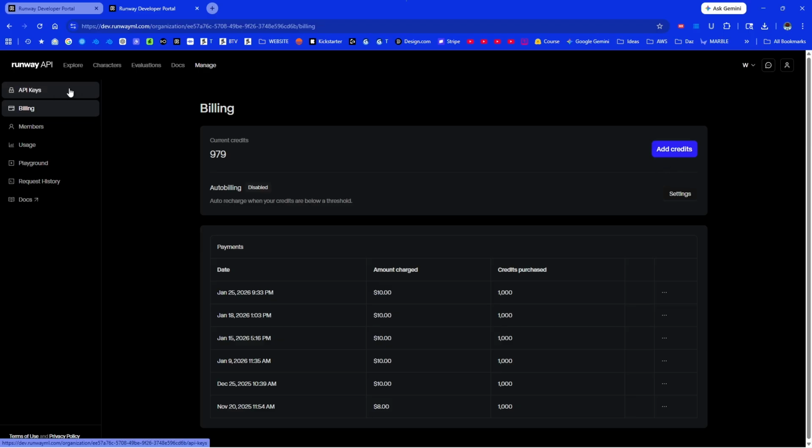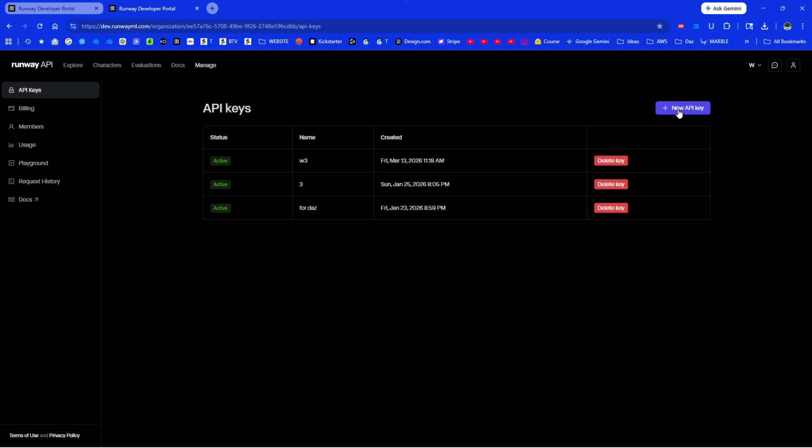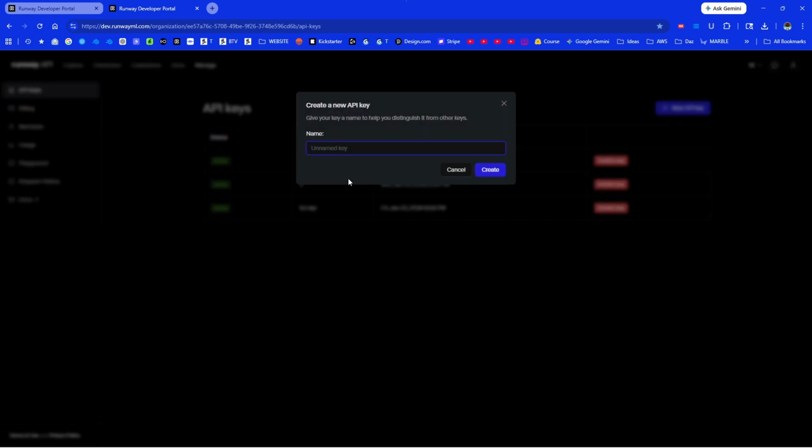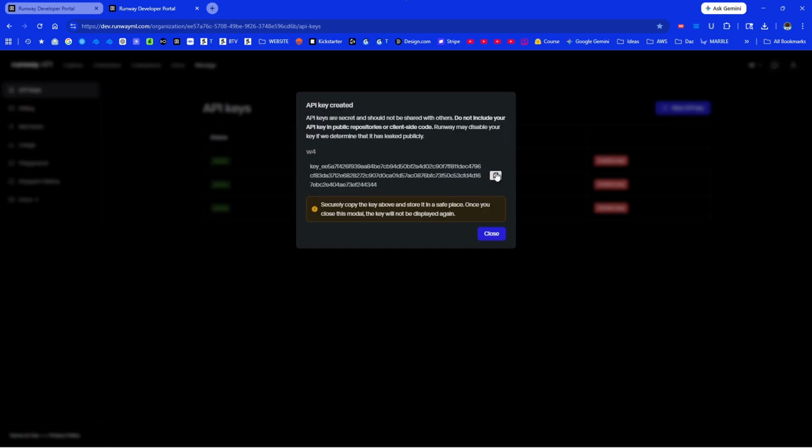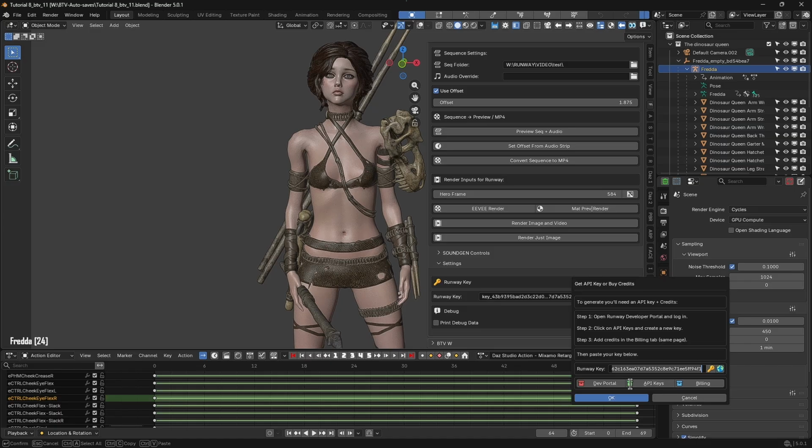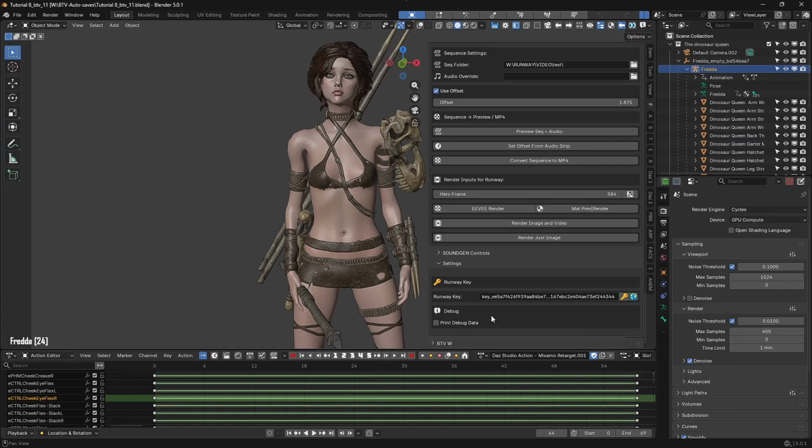After you've bought credits, click here, then click here. Name your API key and then copy it. You won't be able to copy it again unless you create a new key. Go ahead and paste the key right here. Click OK. While we're down here, if you ever run into an issue, check this box to print debug data